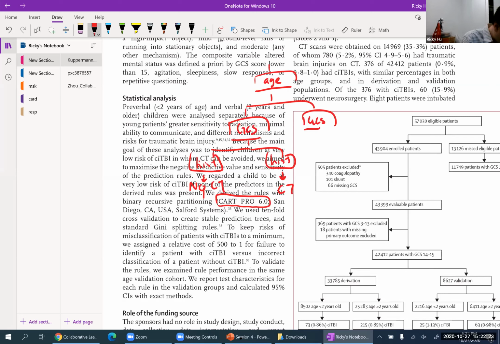Okay, so standard Gini splitting rules. This is also just their way of optimizing. Gini is just a way to pick out what features are important. Okay. Now,